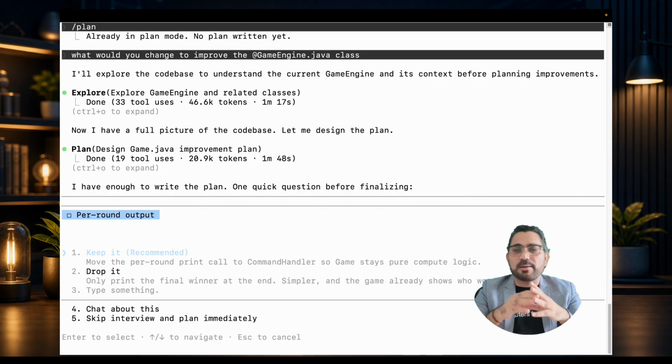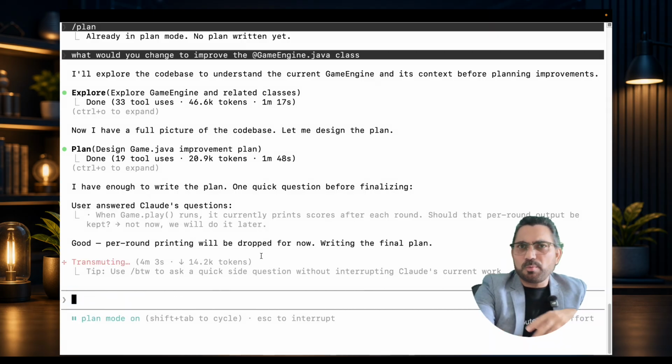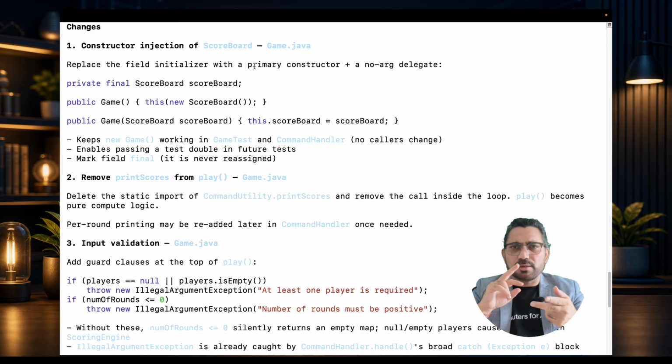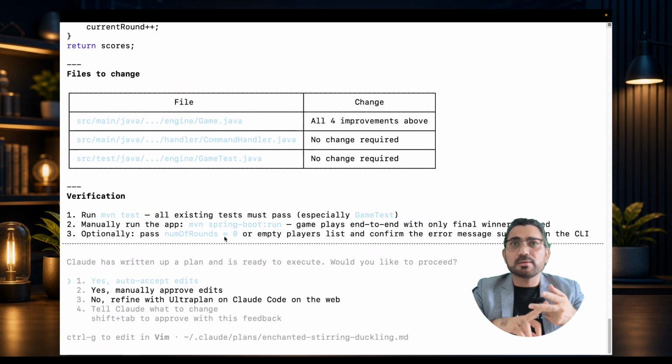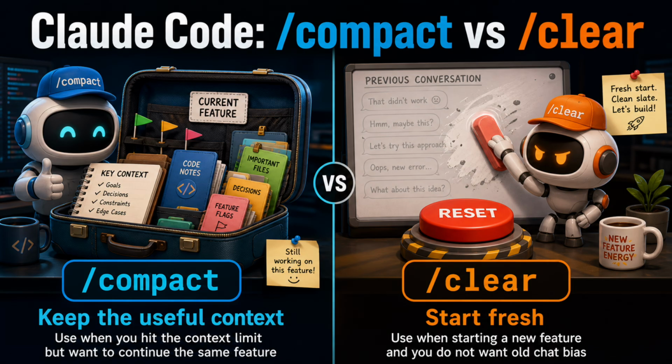Claude Code is powerful, but treat it like a very fast junior to mid-level engineer. Always review your Git diff, always commit frequently, and never merge code which you don't understand at all. And finally, two commands that people often confuse: